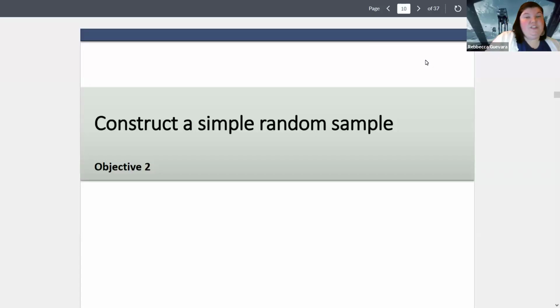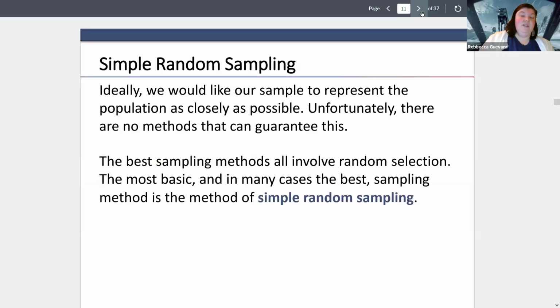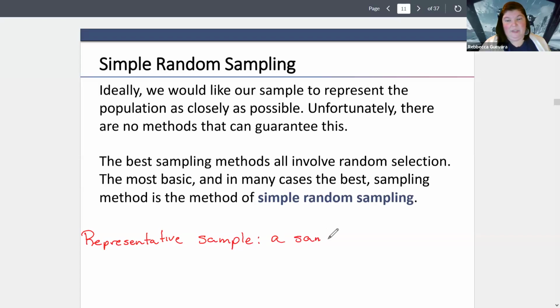So our next objective is to construct what we call a simple random sample. So sampling, what we're really looking for is finding what we call a representative sample. So a representative sample essentially is going to be a sample that's really kind of a match for the population. So it is going to be a sample with the same